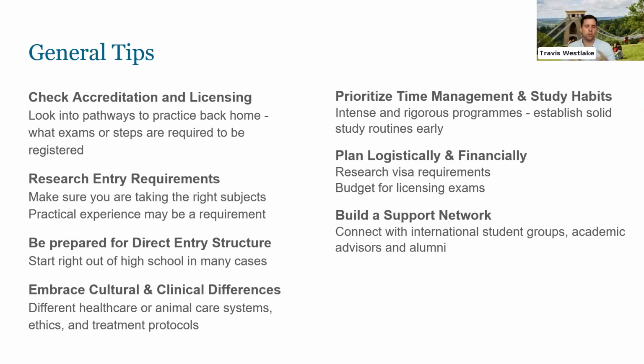Now, when considering a clinical program abroad, we do have some general recommendations, and they're around select themes that we have covered here in the presentation. We've already covered accreditation and licensing, but ultimately this is likely priority number 1. Nobody wants to dedicate years of their lives to discover that their academic program doesn't help them accomplish that long-term